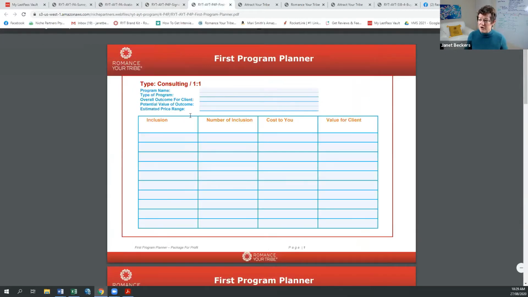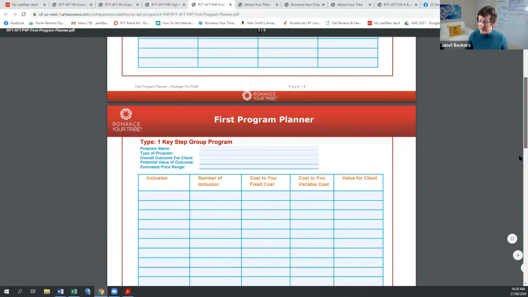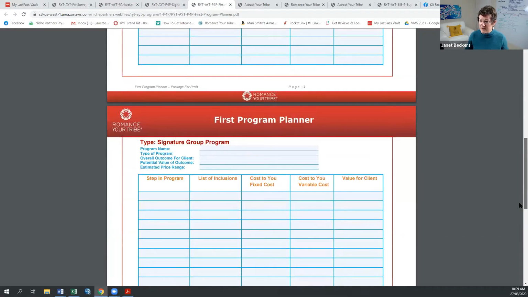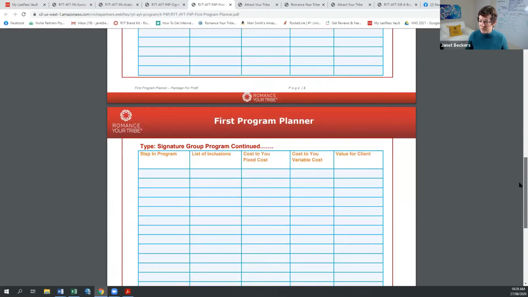So we have the program here, and you've got the idea of how many inclusions you're going to be including. Really important up here is what is the overall outcome. So this is for consulting one-on-one. For a key group program, we've got the things that you need to know, and for a signature group program, that's for a much bigger one.